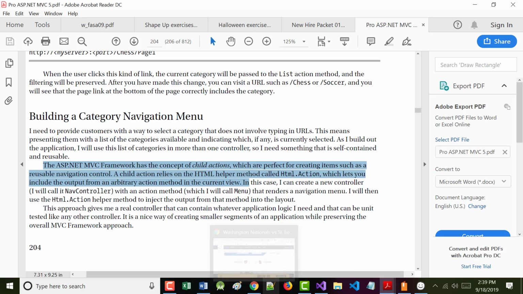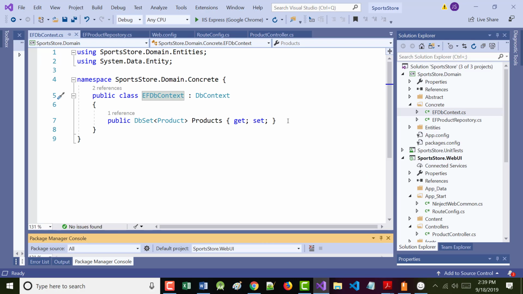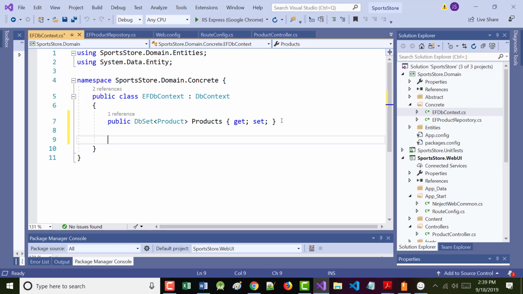I'm just going to put in here HTML dot. It's not picking it up now because of where I am, but you're going to find a lot of IntelliSense and built-in help.